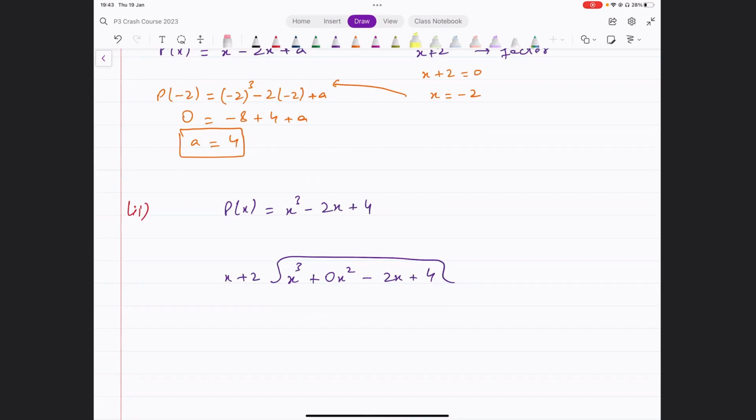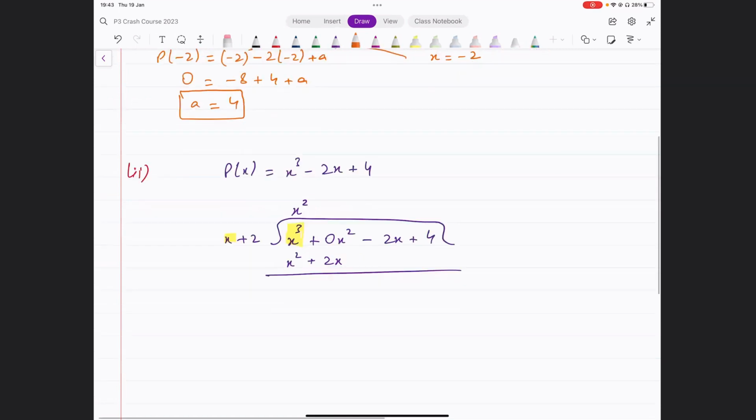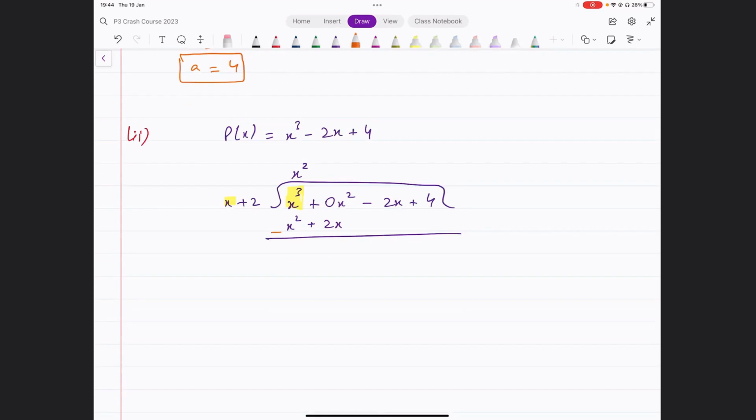Now, what do you have to multiply x by to get x cubed? You multiply this by x squared. X squared into this whole thing gives us x cubed plus 2x squared. Sorry, there was something wrong there; this should have been x cubed, and this should have been x squared. Now, when we change the signs, this gets cancelled, and 0 minus 2 gives us minus 2x squared minus